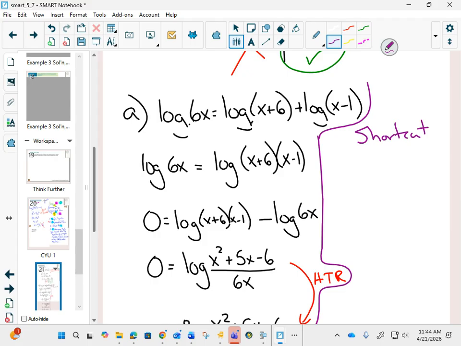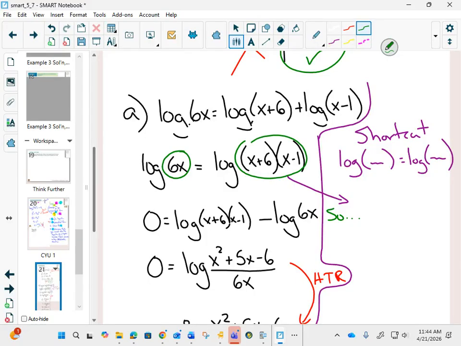The shortcut only works if you have log of something equals log of something. This is going to be the shortcut. And once we do step 1 that we did on the left, we are eligible for the shortcut. You've seen something similar to this shortcut before. So if log of this equals log of this,